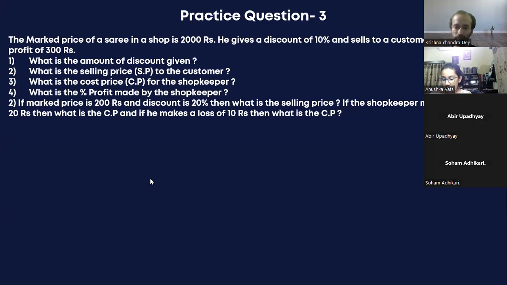Sir, one doubt. Is the marked price included with a discount of 20% or excluding? Marked price is whatever you see. Suppose you go to D-Mart, you see a noodles packet, whatever is written, that is the marked price. On that you get a discount, right? Yes, sir. That is the marked price. Selling price has the discount included.